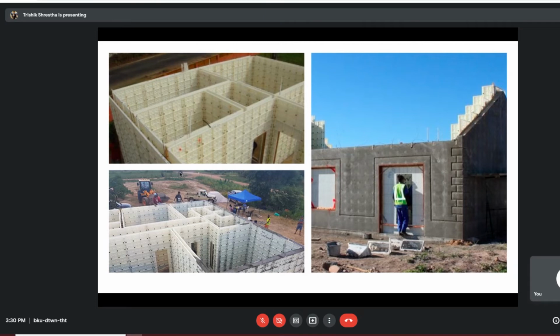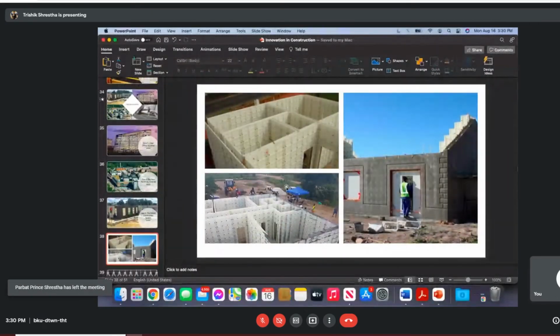First creating a hollow structure, then pouring concrete and rebar into it, and then creating this end result. This just takes 6 or 7 workers a day or two to make, excluding the time that the concrete takes to dry. So this is the approach towards innovation that we can see outside of Nepal. This is the proactive solution.